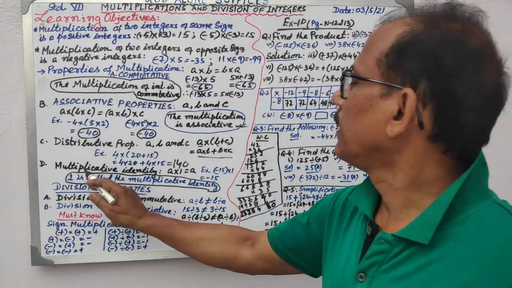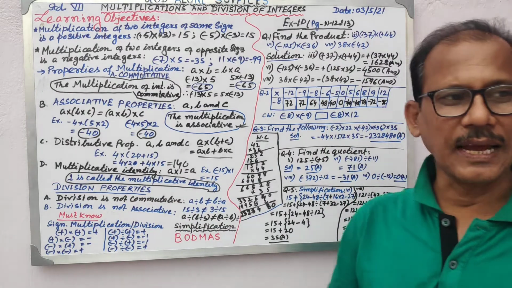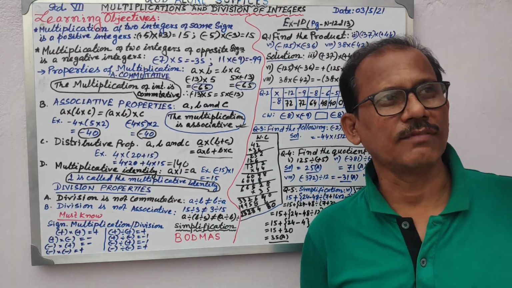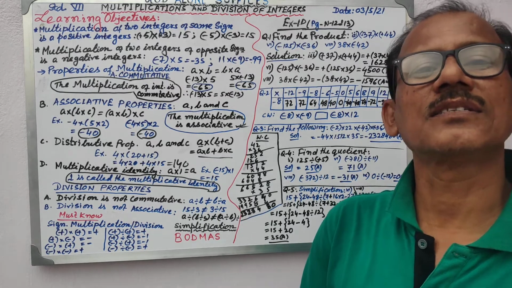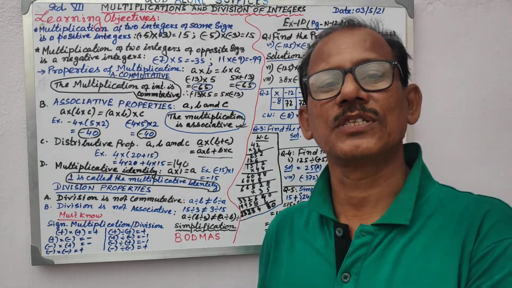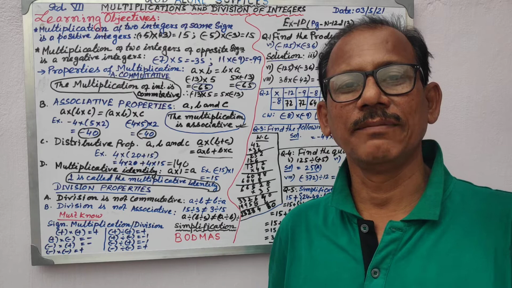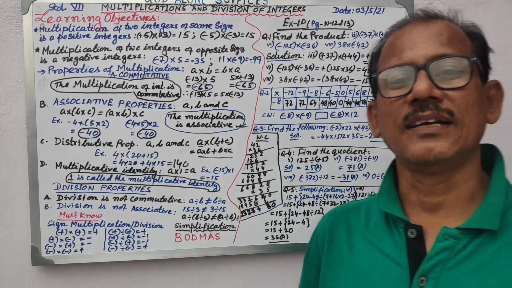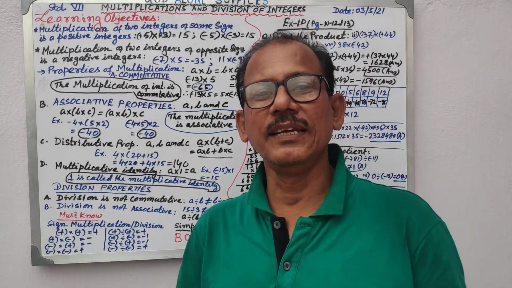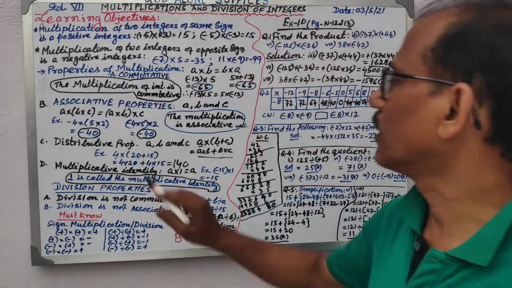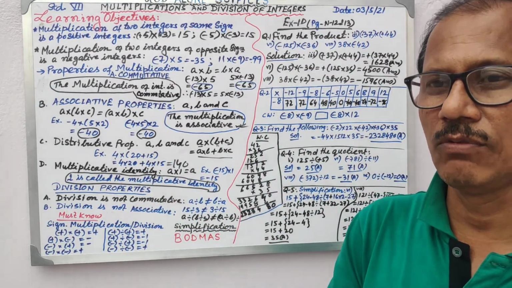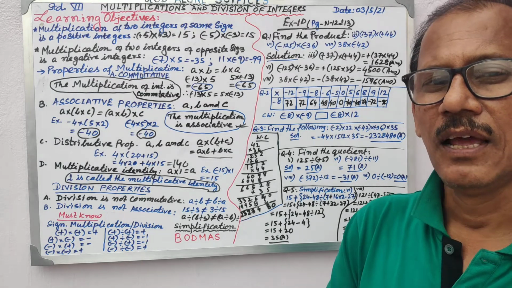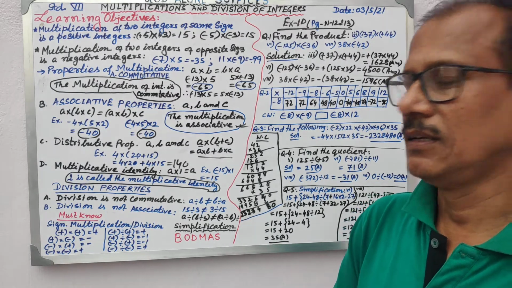Now, the multiplicative identity. You know the additive identity is what I have said to you. The additive identity is always 0. Something you add to an integer that leaves the integer's value unchanged is called its identity. 0 is the additive identity. If you add it to any integer, it gives the integer's value. But in the case of multiplication, 1 will be the multiplicative identity, while 0 will be the additive identity.